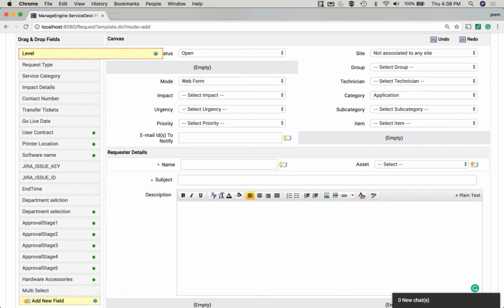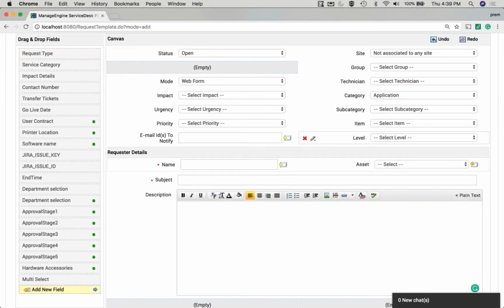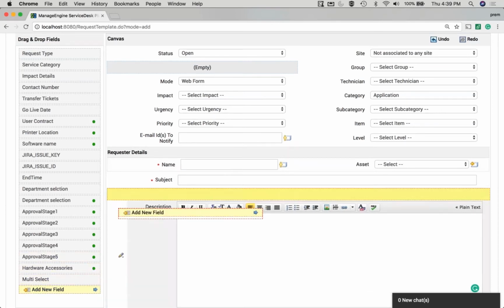So if I want to include level in this form, all I have to do is drag and drop, and that is it. The new field is added to this form. Likewise, I can have any form customized, and if I want to capture organization specific information, I can even add a new field. So once I drag and drop add new field,